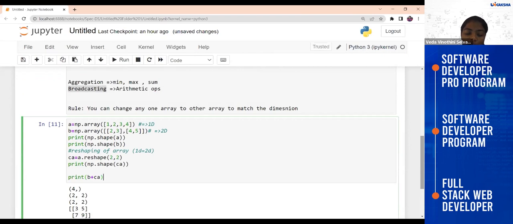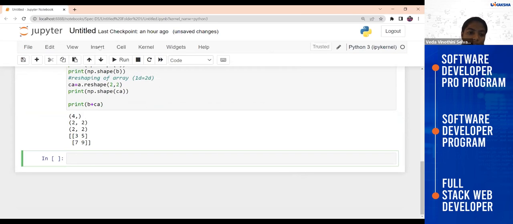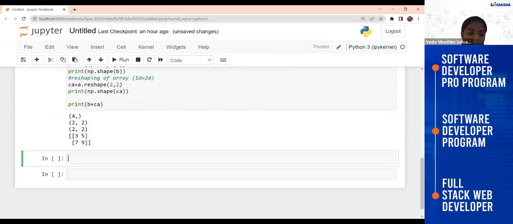So why we are learning all these concepts in NumPy is that you want to understand how NumPy helps you to perform some operations. This is the concept of the entire thing in NumPy. Now I will just explain it for pandas. I'm just going to give you a basic example of it.